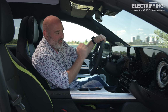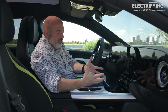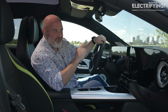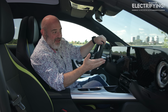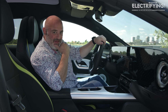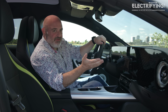This screen, huge, very clear, and it's also got this central computer system, which it says controls everything and is super fast. It's also got 2 different types of AI. But apparently you can have proper 2-way conversations with it, and it's also got a short-term memory, so it will remember what you've been talking about before, which is perhaps more than my wife does. So I'm going to try it. Let's